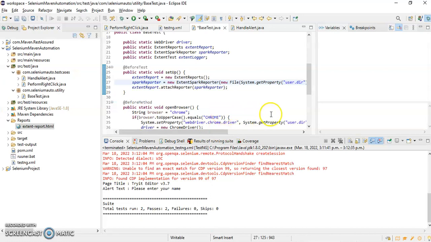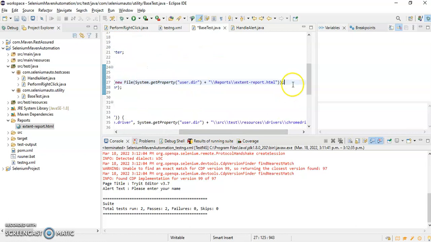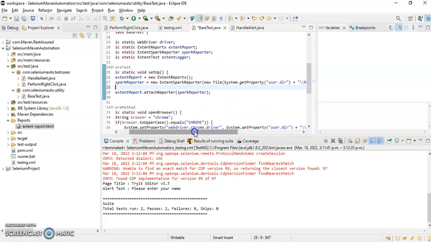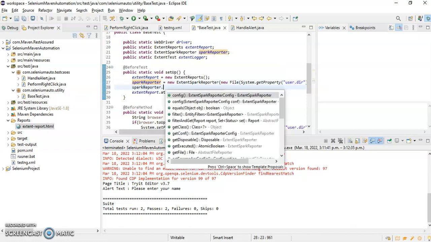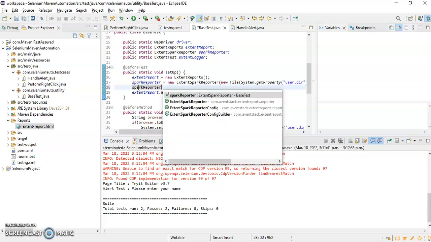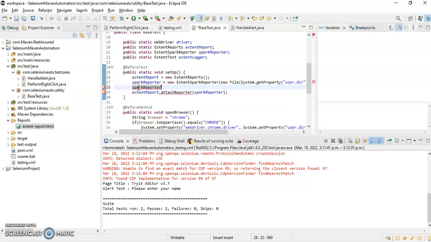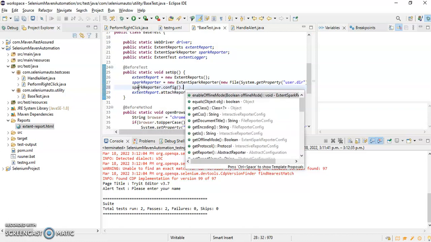For that, wherever we have initialized the reference variables of Extend Report classes, in our case it is in BaseTest.java, after the statement where you initialize the reference variable of the ExtentSparkReporter class, we can take this reference variable and write sparkReporter.config.set